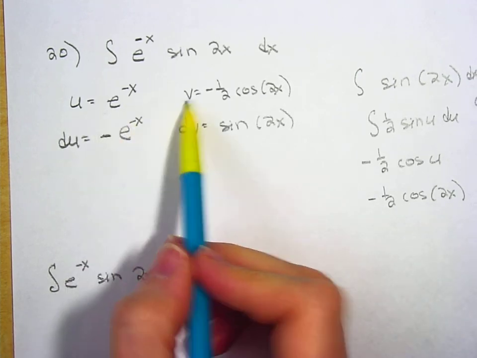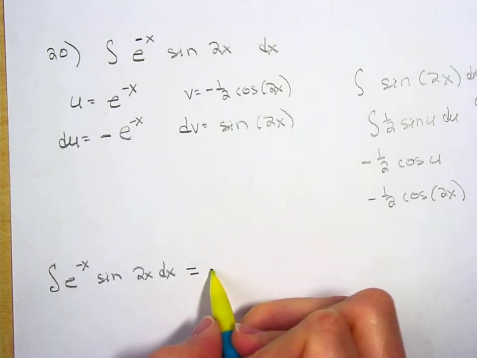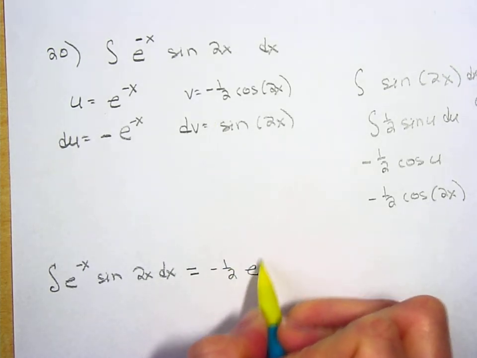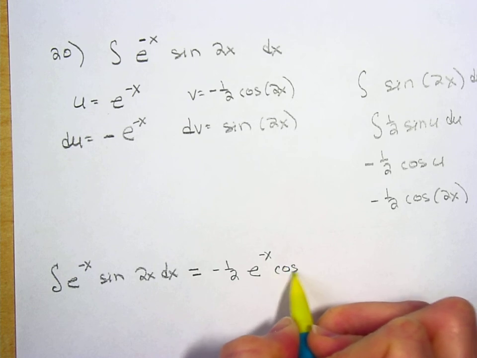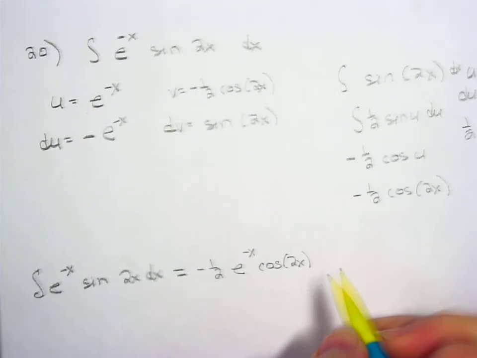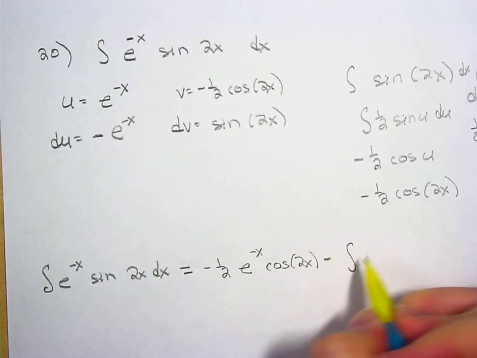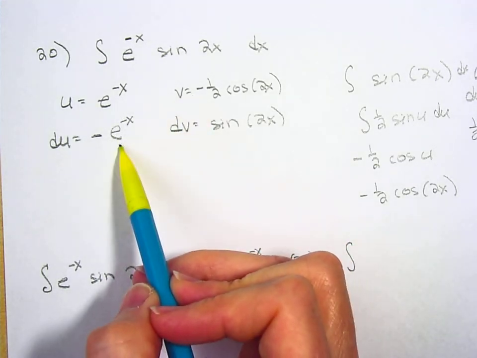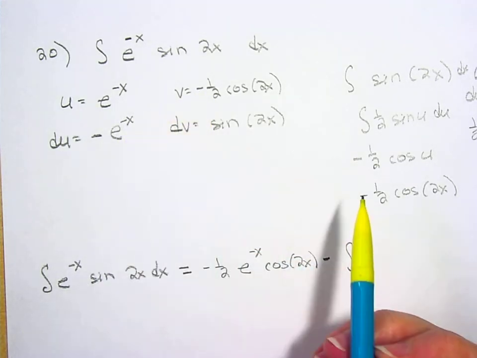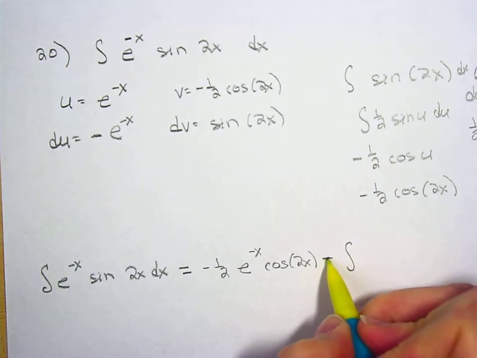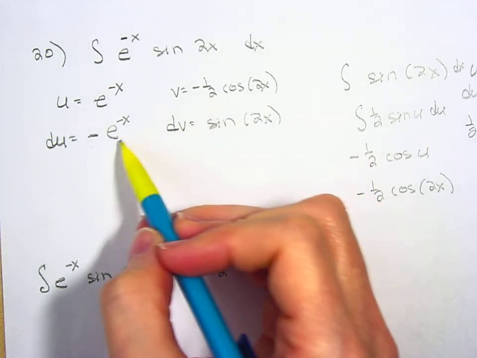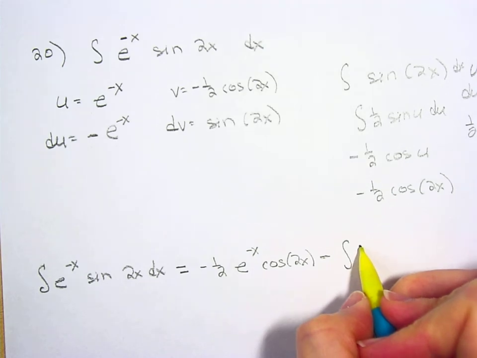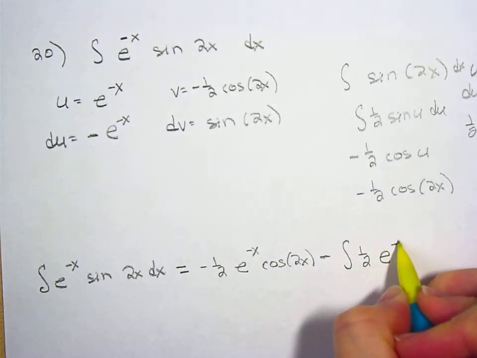So u times v would be negative 1/2 e to the negative x cosine of 2x minus the antiderivative of v du, so these two. So it looks like I got a negative and a negative, so that's going to be a positive. And then I'm going to have 1/2 e to the negative x